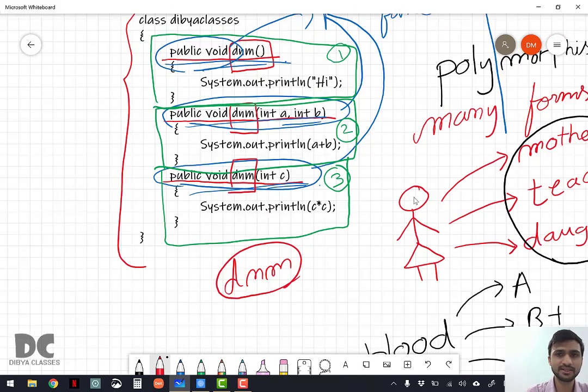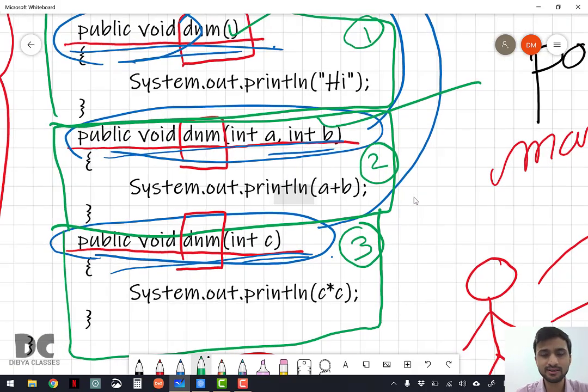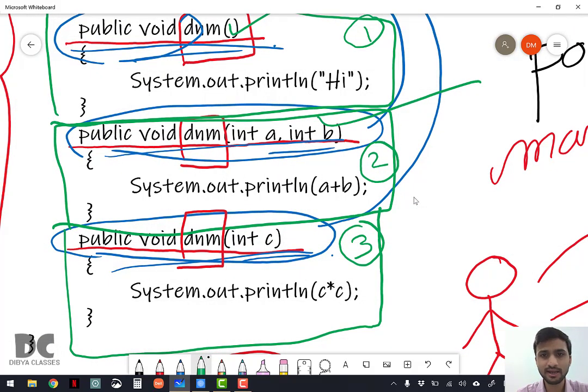So in this program we can see that in the first case the parameter is empty, there is nothing written inside it. But in the second case, it is written as int A, int B. In the third case it is written int C. So here there is nothing, here there are 2 and here there is 1.